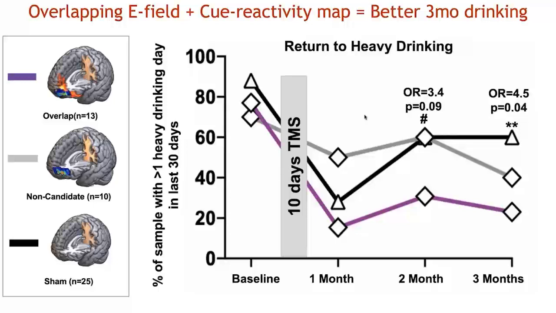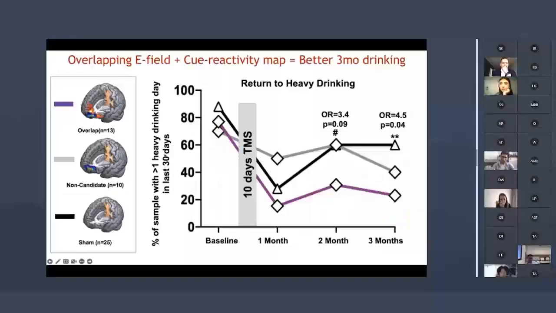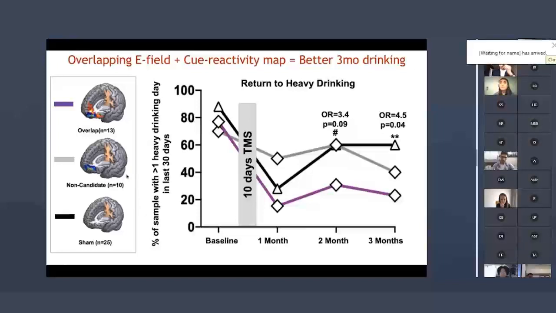So they were less likely to drink at 2 and 3 months than the sham group or the people that didn't have an overlap. And so that's kind of the thing I want to leave everyone with is that it is probably important, which kind of makes sense, that the electric field intersect the brain network that we're trying to alter. And in addiction in particular, but probably also OCD, maybe PTSD, these are sort of state-specific brain networks that aren't engaged all the time necessarily. They tend to be activated in certain environments or to certain cues. And so that's probably important for us to incorporate into our treatment.